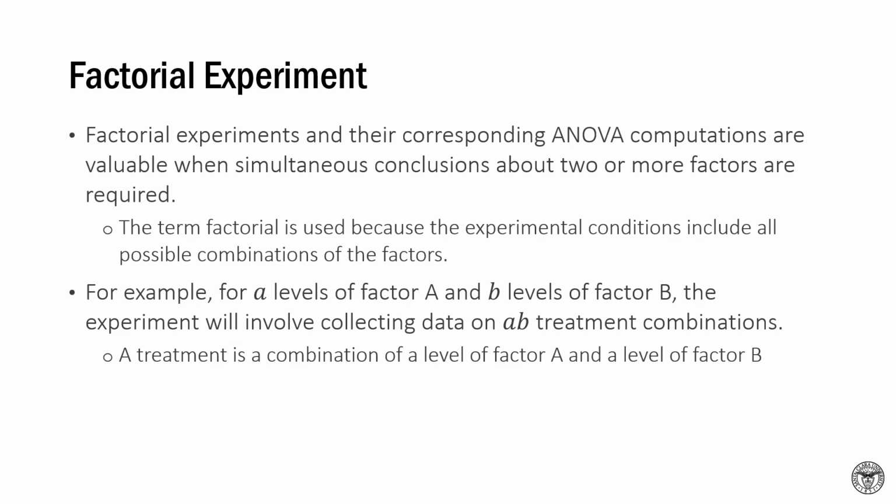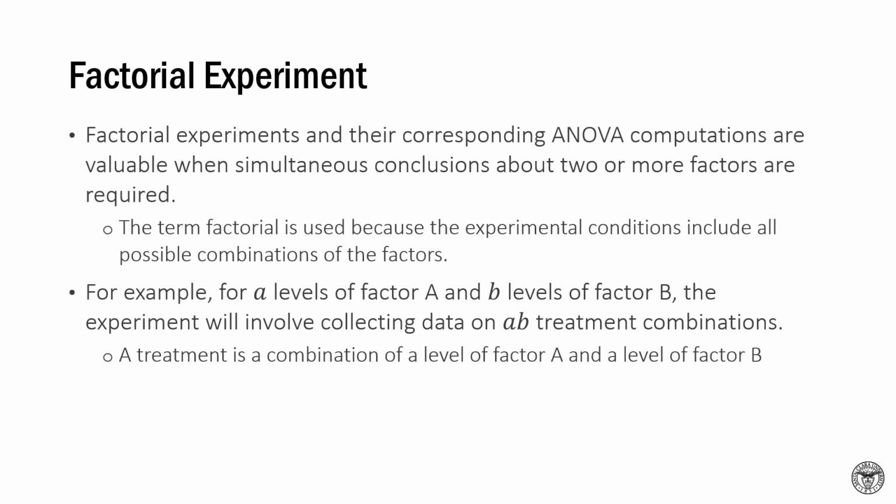For example, in a two-way factorial experiment, we might be interested in examining the effect of two factors, A and B, on a response variable, Y. Factor A has two levels, A1 and A2, and factor B has three levels, B1, B2, and B3. The experiment will involve testing all possible combinations of the levels of the two factors, resulting in 6 treatment groups: